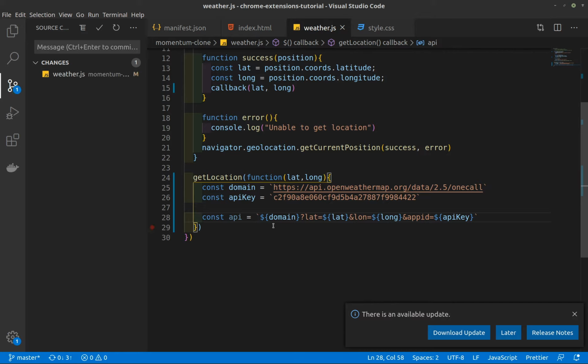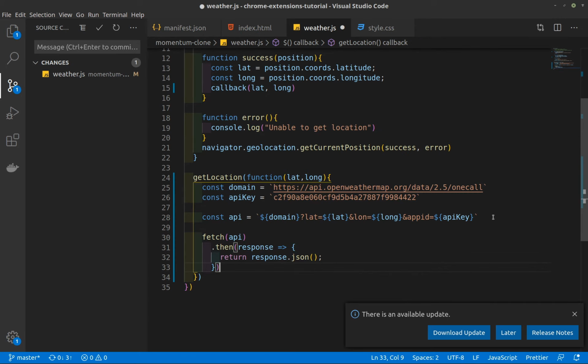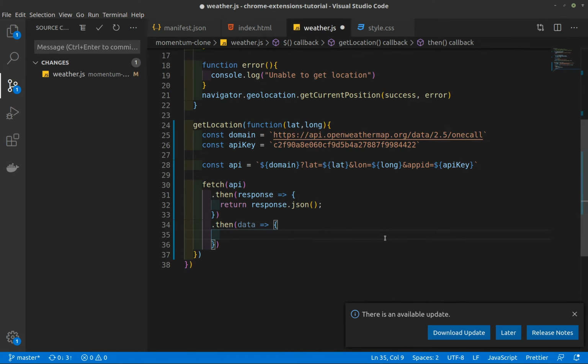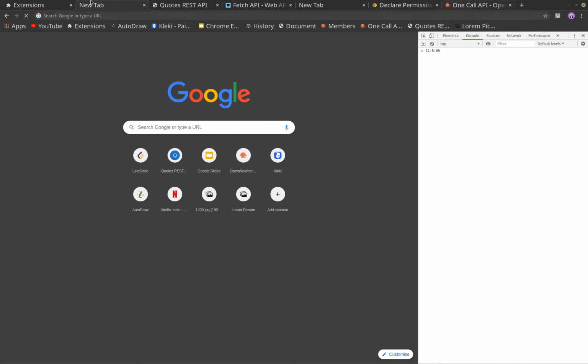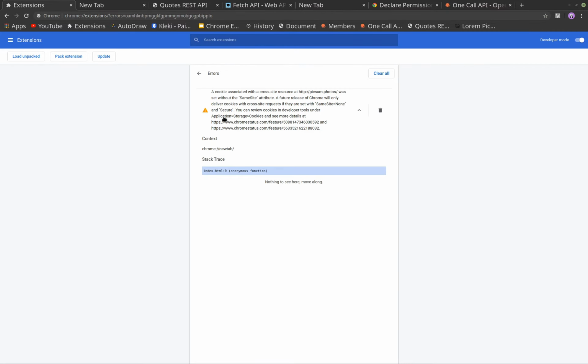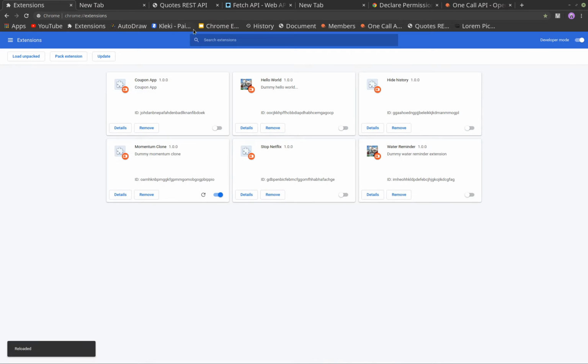We can use the fetch API to get the data. Again, fetch is inbuilt, so you don't really need to install anything. We can simply console log the data. Let's see if everything still works here. Okay, not sure what DX undefined is. I'm not sure what that is. I guess I have errors. This we will take care of later. This is nothing to worry about. It's just a warning that should not block us.